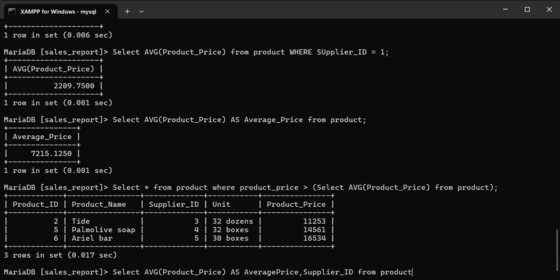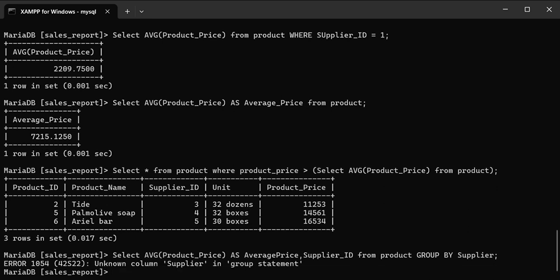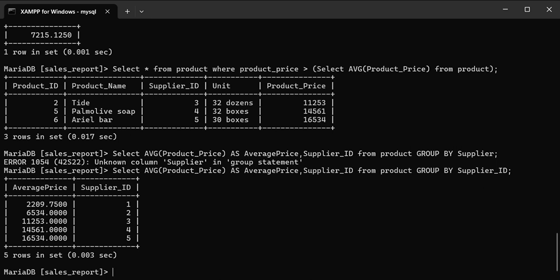We also need to select our supplier ID, because this will be the basis for our grouping, from the name of the source table. And then we are going to group by supplier ID so that the output table can display the average price.